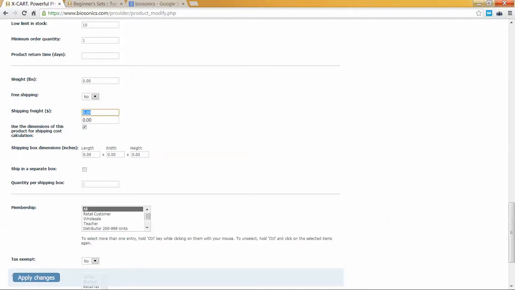Shipping freight is a category that you're going to have be 0 all the time, because your store has the shipping rates already defined, and they're not on a product level, they're on an order level. If you wanted to have certain products have their own shipping expenses, you could do it here. I don't think that is very common with most stores, but